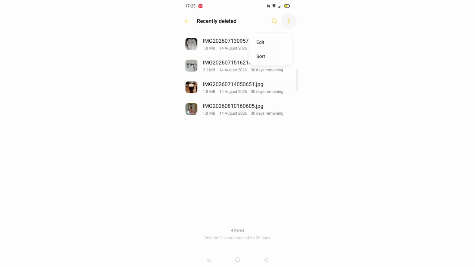And then if you click on the buttons in the right corner, you can edit them or sort them. You can add them back, remove them from the trash and add them back into your gallery, into your photos. At the bottom it says deleted files are retained for 30 days before they're permanently deleted,